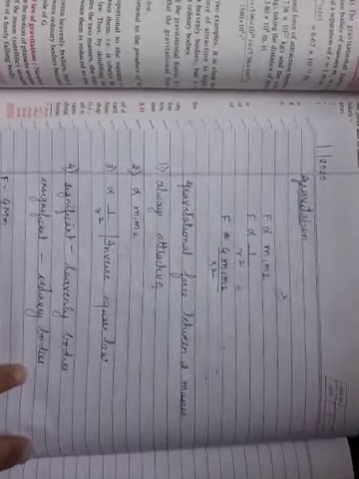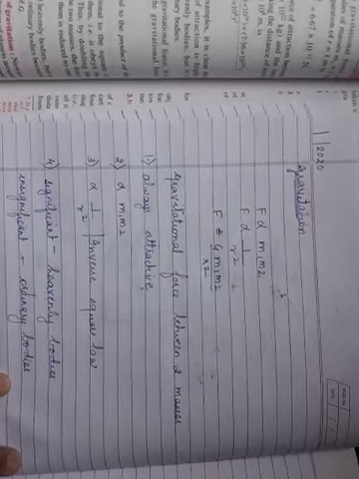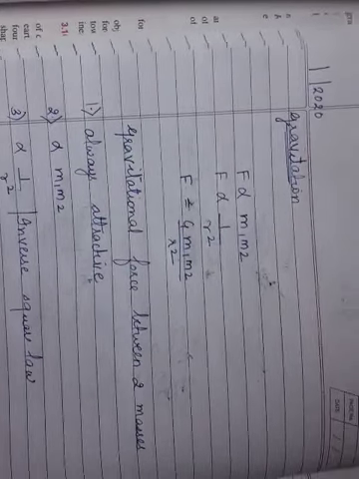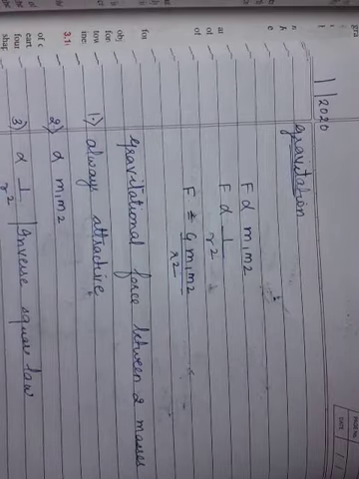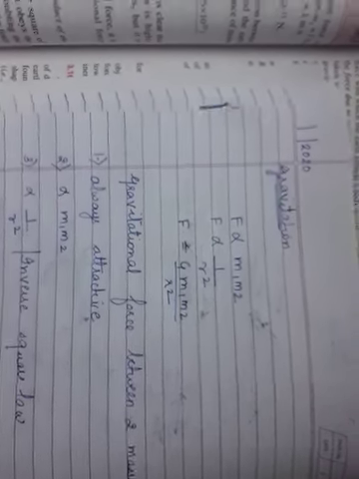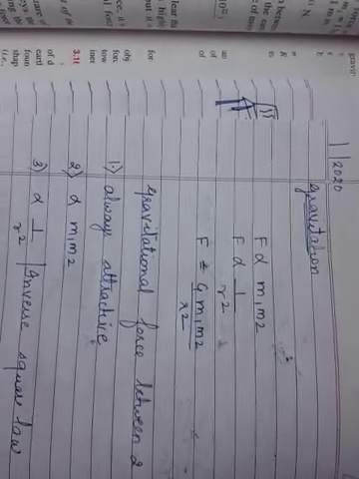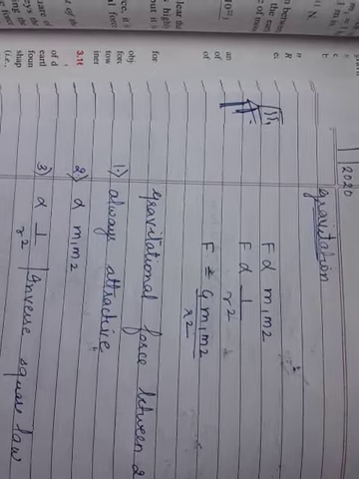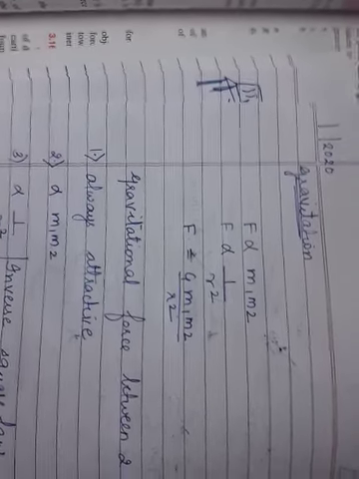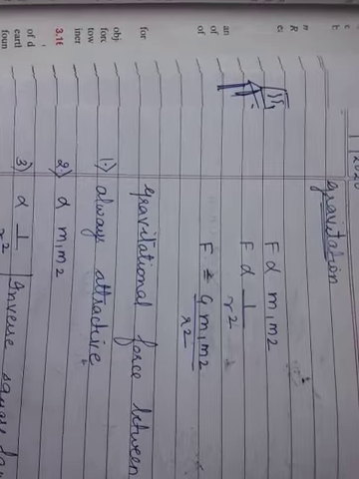Hello everyone. We have started with gravitation. Yesterday we discussed a few things about the gravitational constant, which is called G, the constant of proportionality. We discussed that every particle attracts each other with a force of attraction. And then we clarified that if we consider two bodies, m1 and m2.